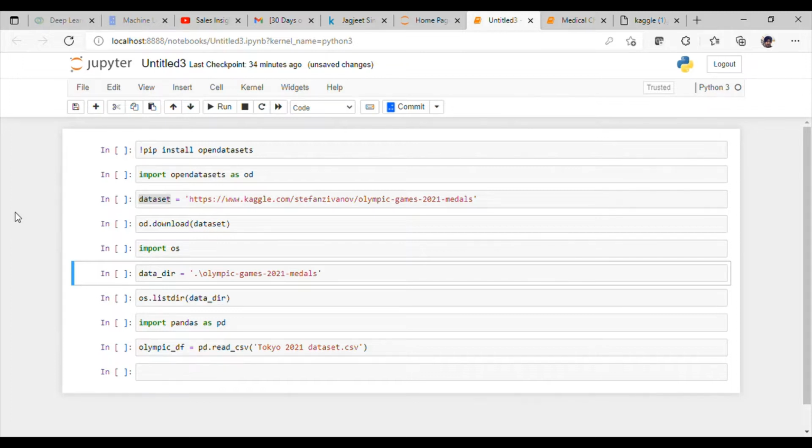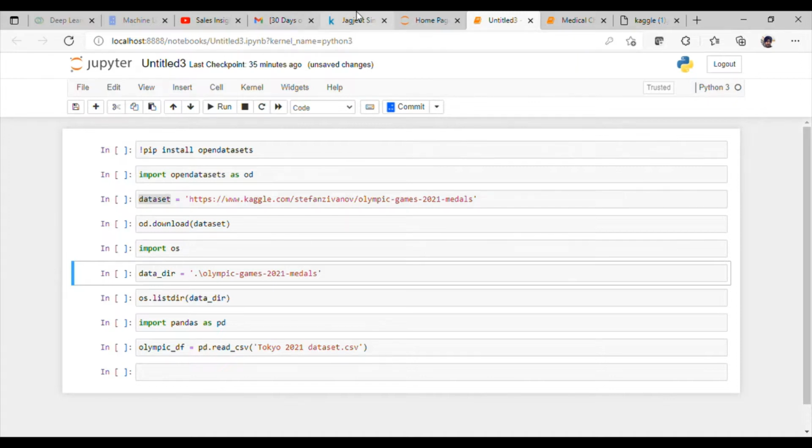If your file size is really large, it will take a large amount of time to get uploaded into the Jupyter notebook. So the best way to upload any Kaggle file into your Jupyter notebook is this way, which I am showing you now.